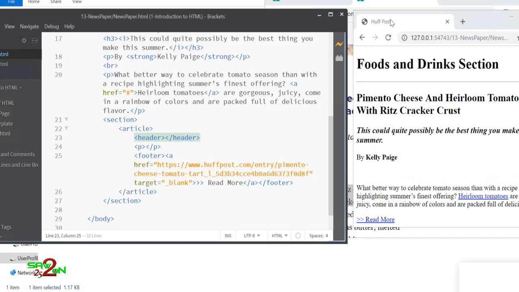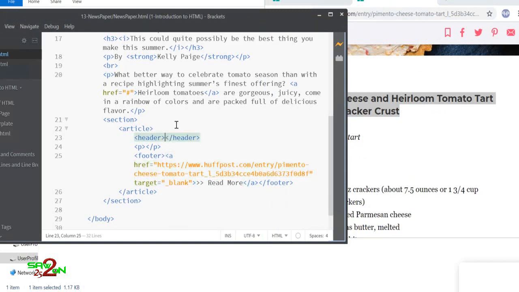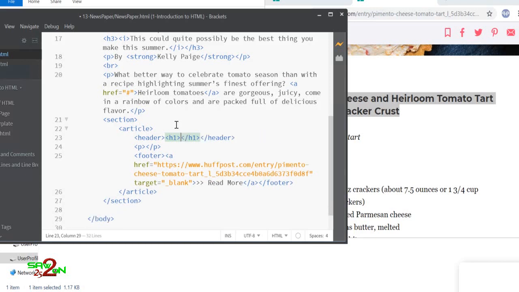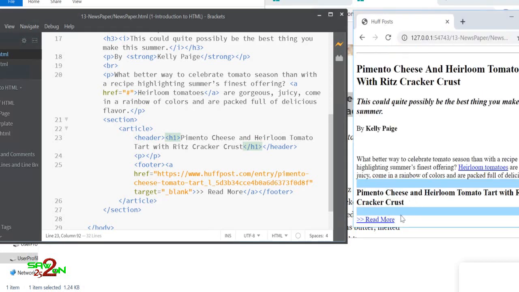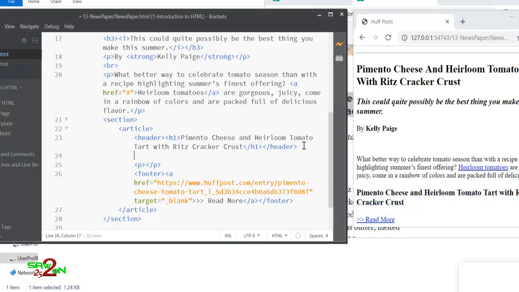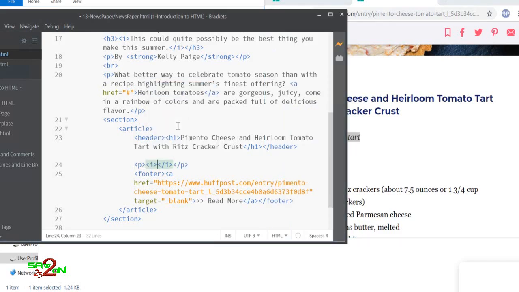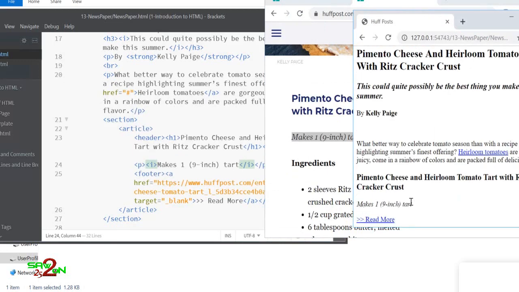Let's deal with the header now. So header, we can add this as an h1 tag for that article. Right, so we should have our heading now, right? And then we will add the ordered and unordered list. So for that, next we have a subheading for that. That's nothing but this one. So we can make it italics. All right, so it looks like this.